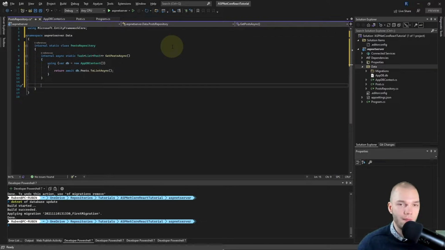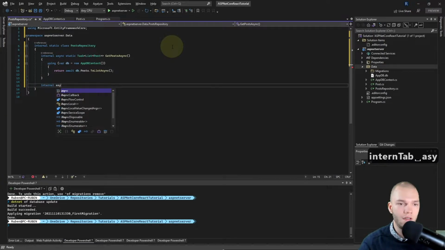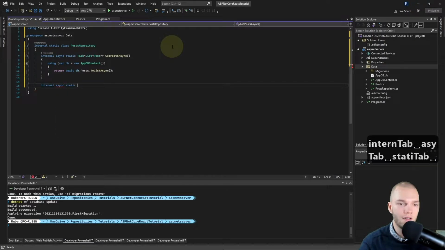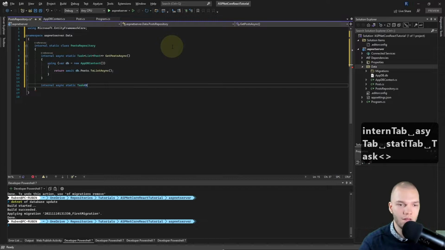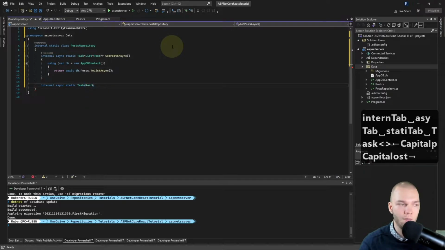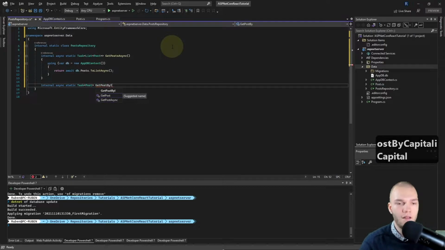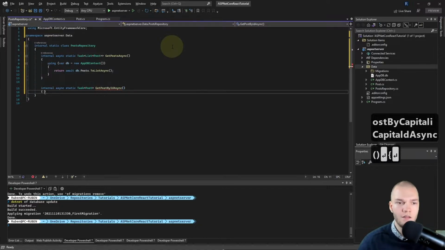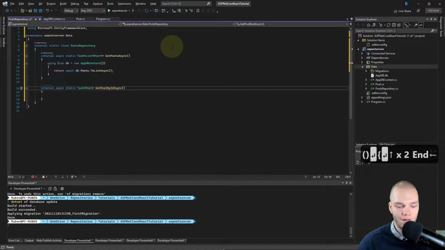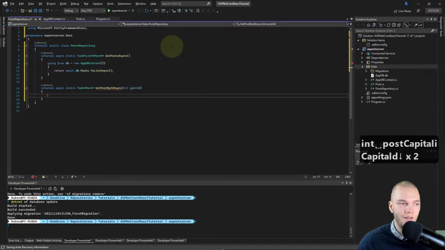Then I want to implement getting just one post, so I'm gonna do internal async static task, and we'll return a post, and I'm gonna call it get post by ID async, and for the parameter I'm gonna do an int and name it post ID.